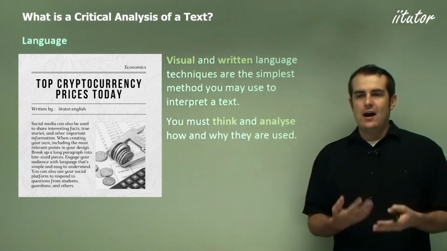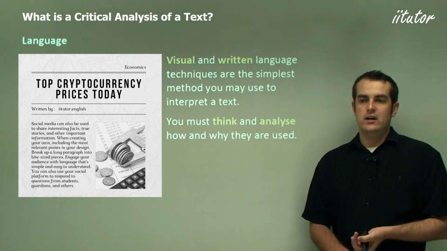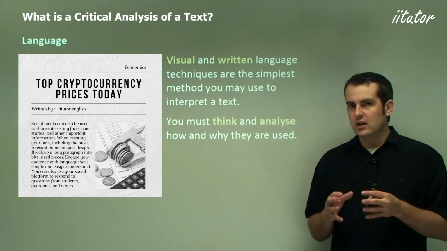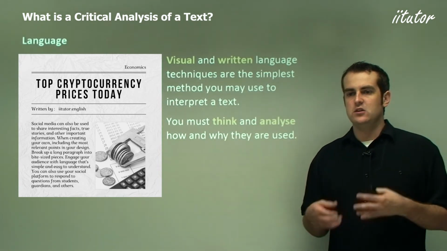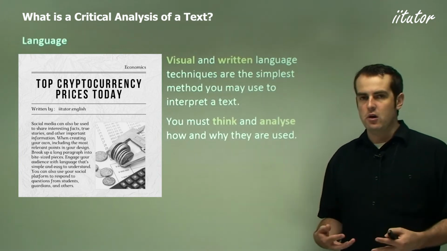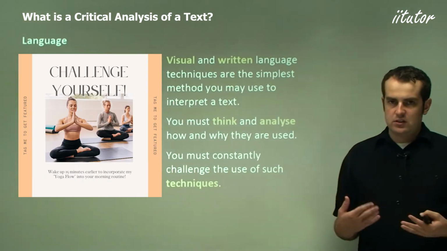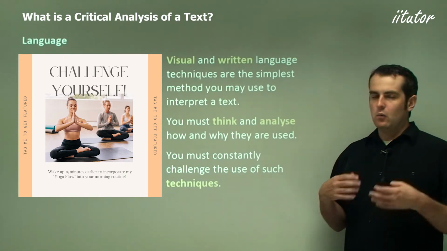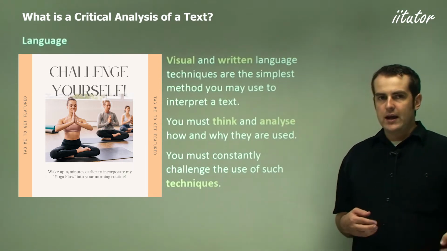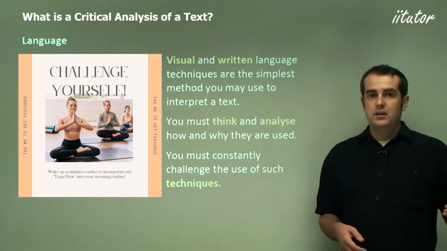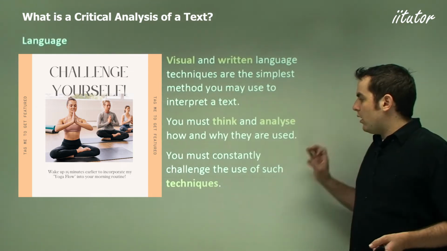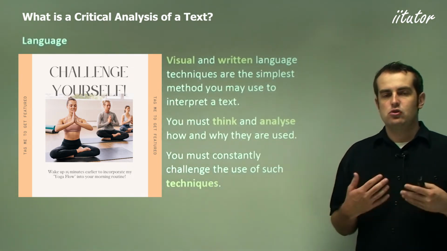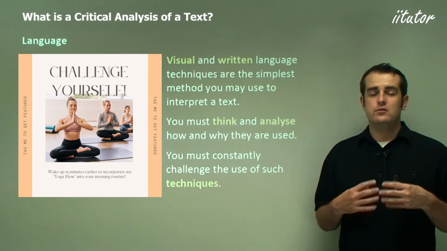In other words, how has the text been written and why has it been written that particular way? And how are visuals used and why are they used in a particular way? So actually really focusing on the language individually, as in each sentence, each line, each word. You must constantly challenge the use of such techniques. You must look at particular key sections of the text and ask, okay, why has it been written in this particular way? Why is an action or a setting being described in a particular sort of way? What about this language technique or this sort of visual cue has been placed to shape meaning in some sort of significant way?